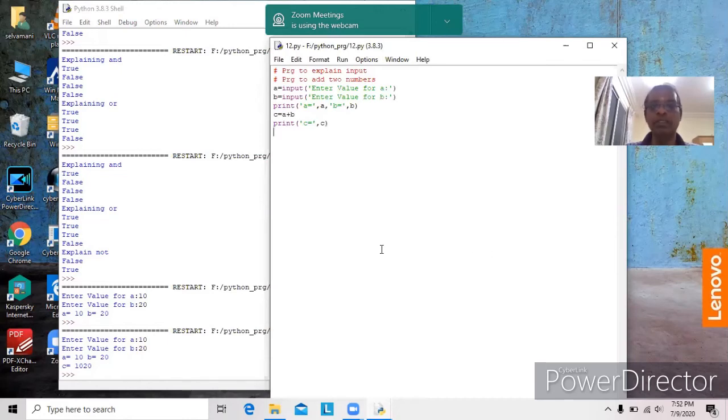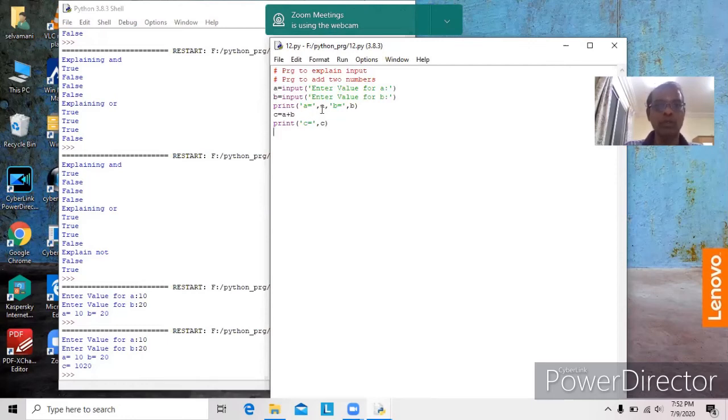Why? See, already I told you, whatever input we get from the user through the input statement is considered as a string. So even though A is declared here, it will be considered as a string. 10 will be stored as 10, and B is also considered as a string. 20 will be stored as 20.